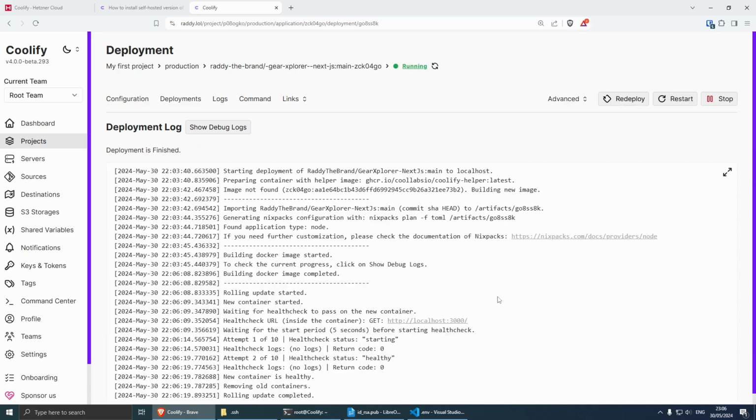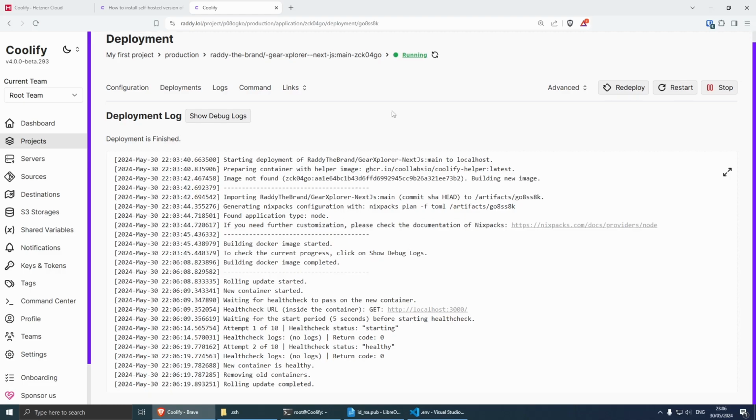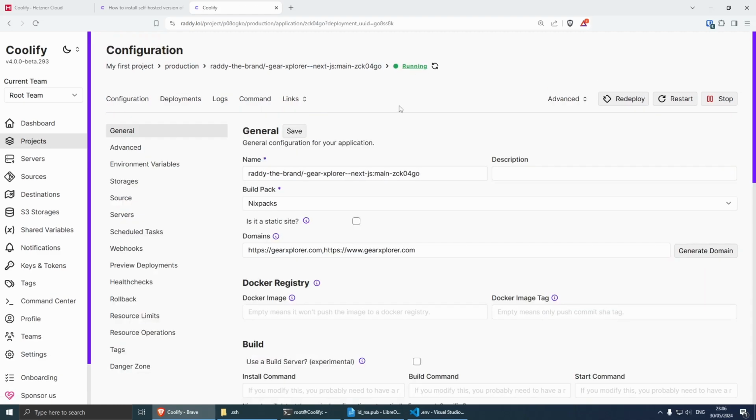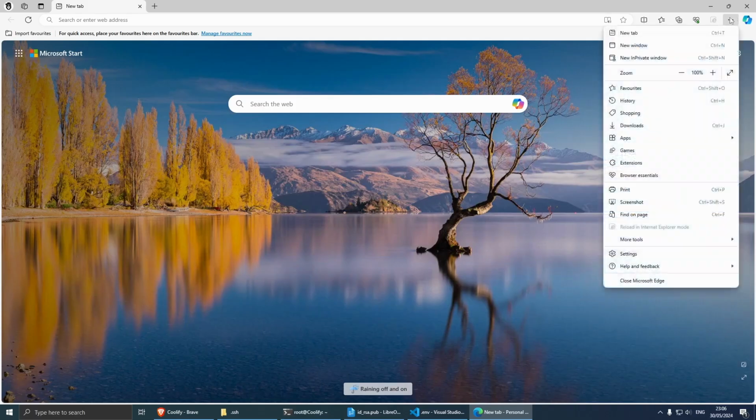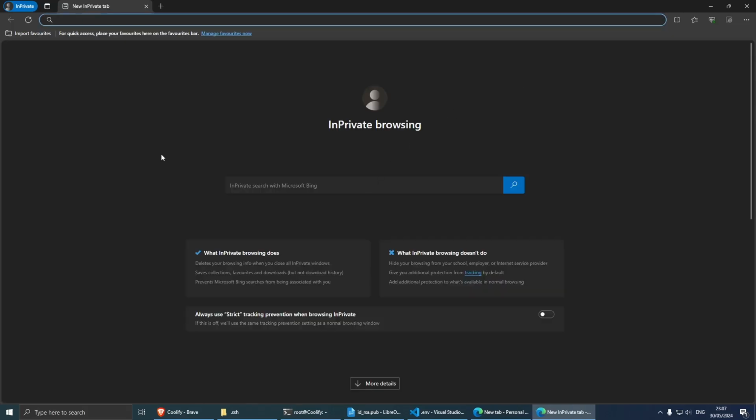Okay, it looks like we are done, rolling update completed, and it says that our project is running. So let's check it out. If I go to configuration, everything is looking good, and let's open a private browser. So I'm going to open Edge and I'm going to open it in private. So let's visit the website,